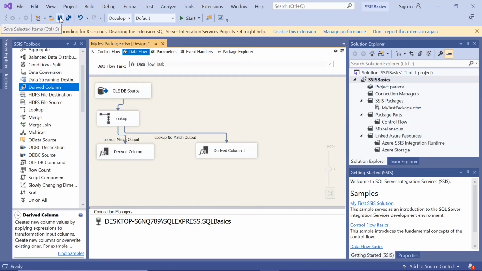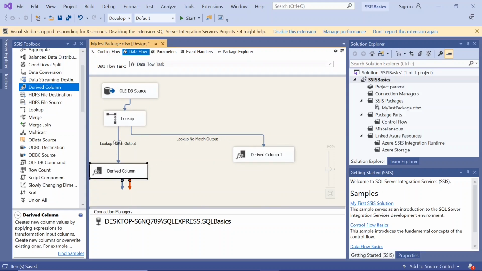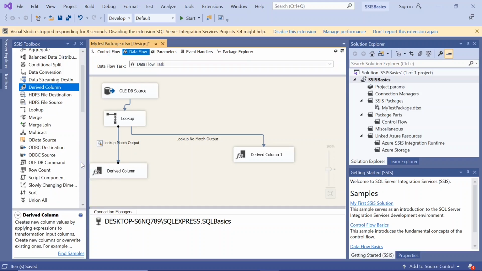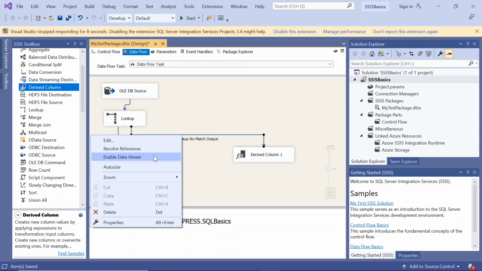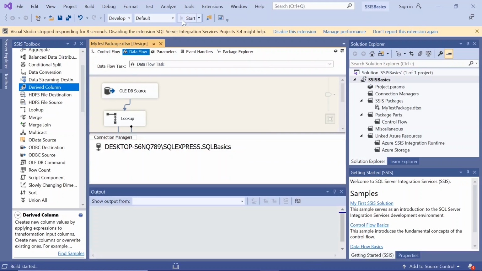So if I save it, now I want to show those records, then what I can do is right click here and enable data viewer. So it will show the match output. I can right click here and enable data viewer. So lookup no match output will be shown here. So if I now execute this,